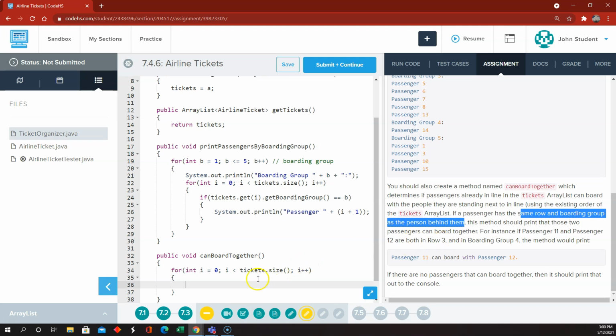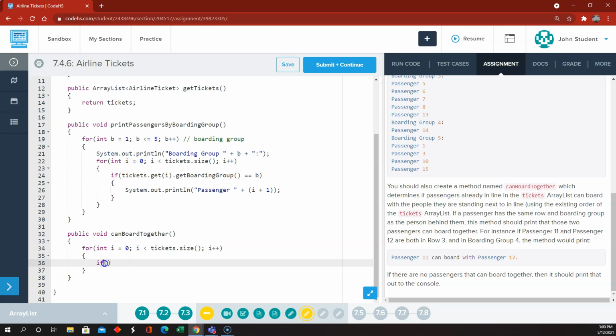So this is going to be a rather long if statement. But I'm going to write it in words first. If this passenger and the next passenger have the same row and the same boarding group, then we're going to do System.out.println in quotes the word "Passenger"